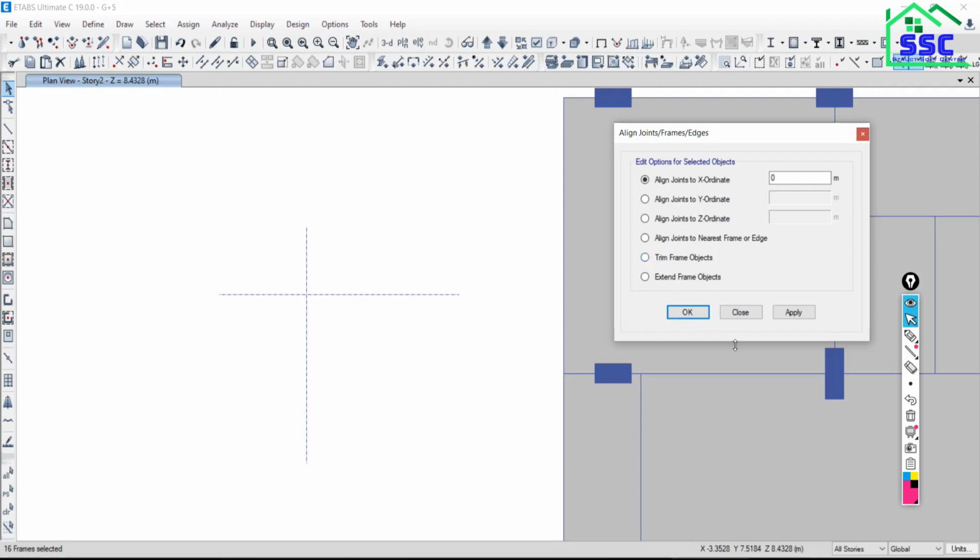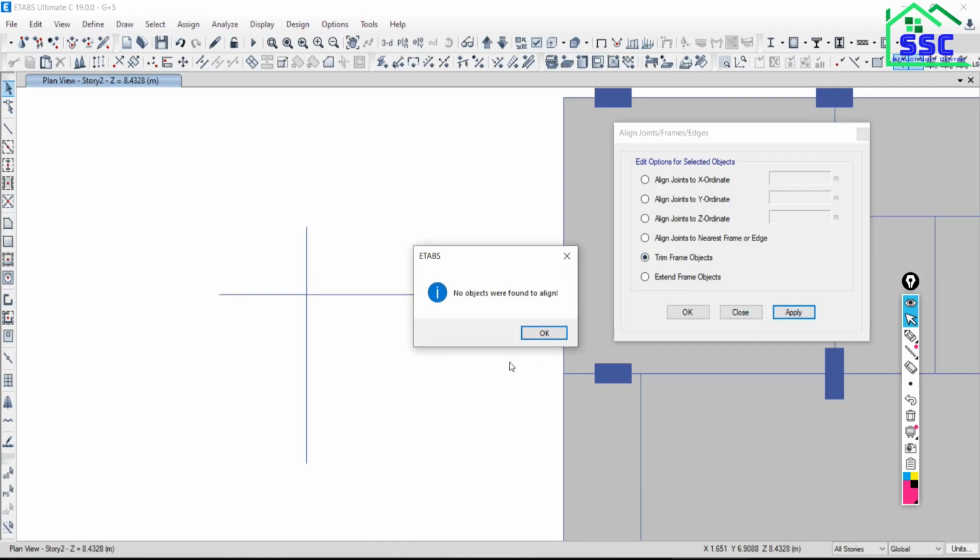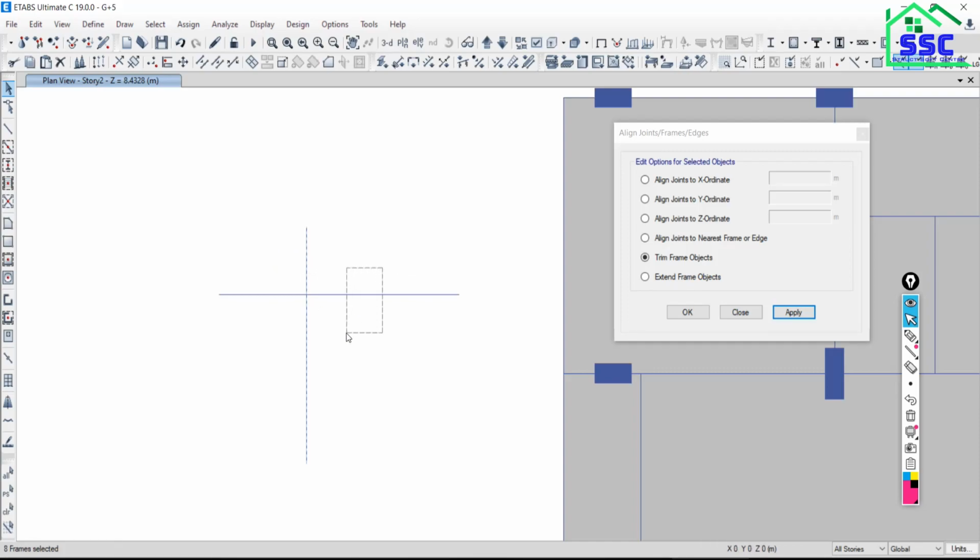Check this option and say Apply, but nothing happens. No objects were found to align. What's going wrong? I have to trim this frame up to this line. I'm just clicking Apply. So why is it not possible?